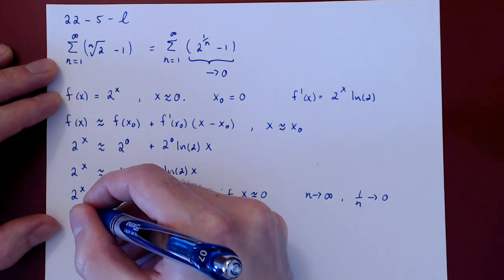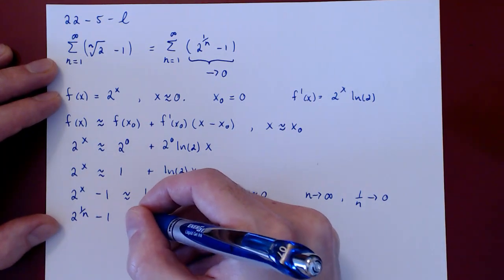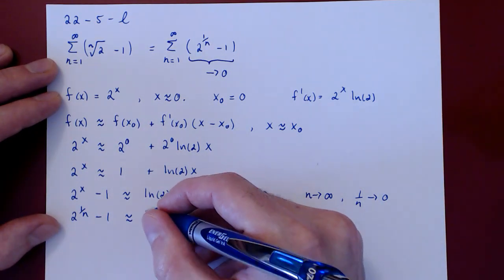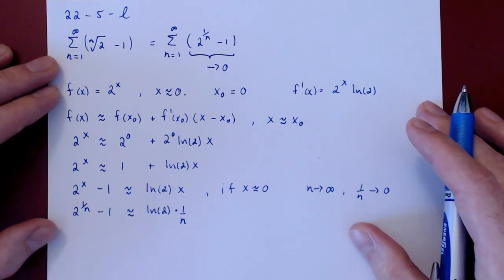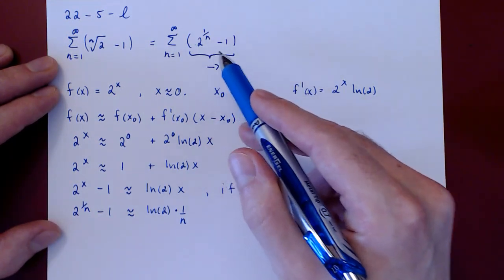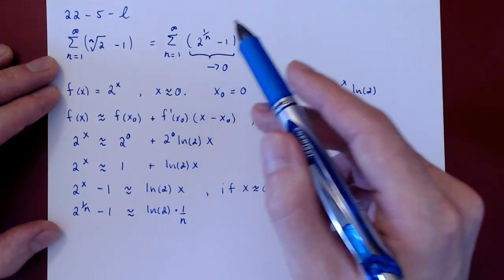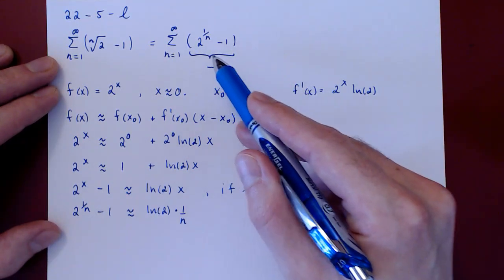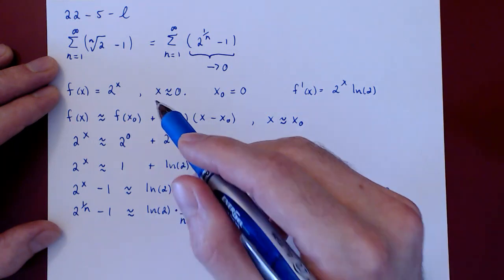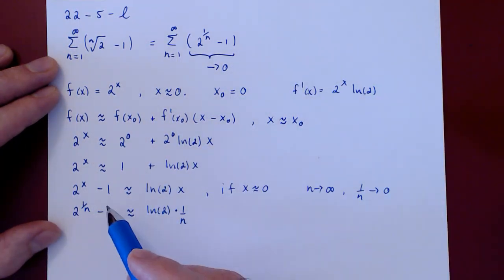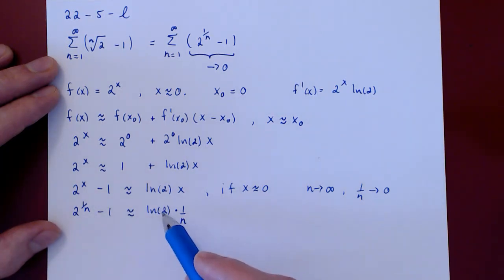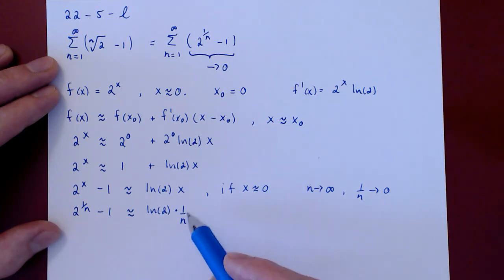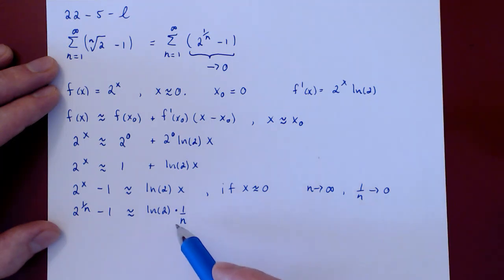And so 2 to the 1 over n minus 1 is approximately, when n is very large, ln of 2 times 1 over n. And would you look at that? The terms of our sequence, which look simple and yet complicated, as they don't look exactly like something close to a p-series or a geometric series, actually, using the method of linear approximation, are very close to a constant multiple of 1 over n. And if we sum now these terms, this gives us, ignoring the constant multiple, a divergent